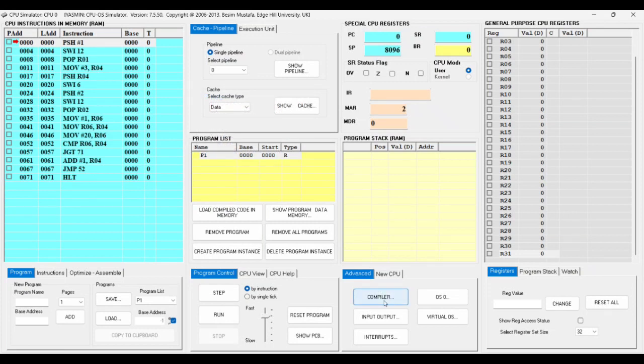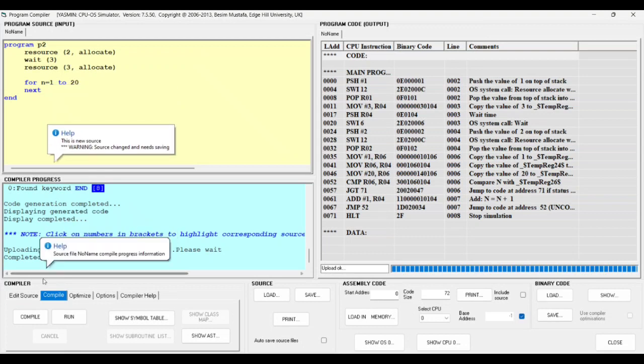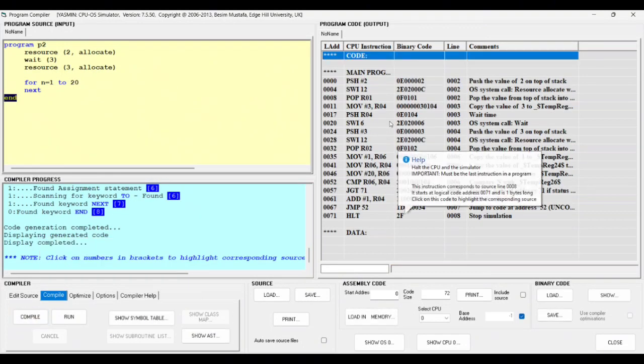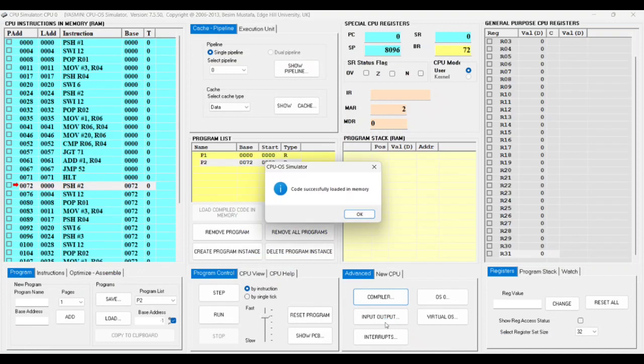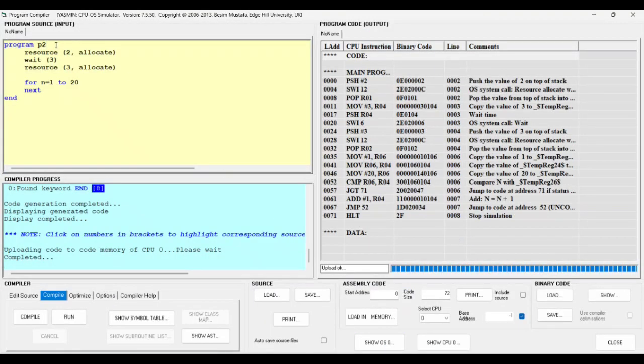Okay, after that, go back to the compile menu and replace the program name with P2. We'll allocate resource 2 and then resource 3, compile and load it into memory. And the third program, replace the name with P3.